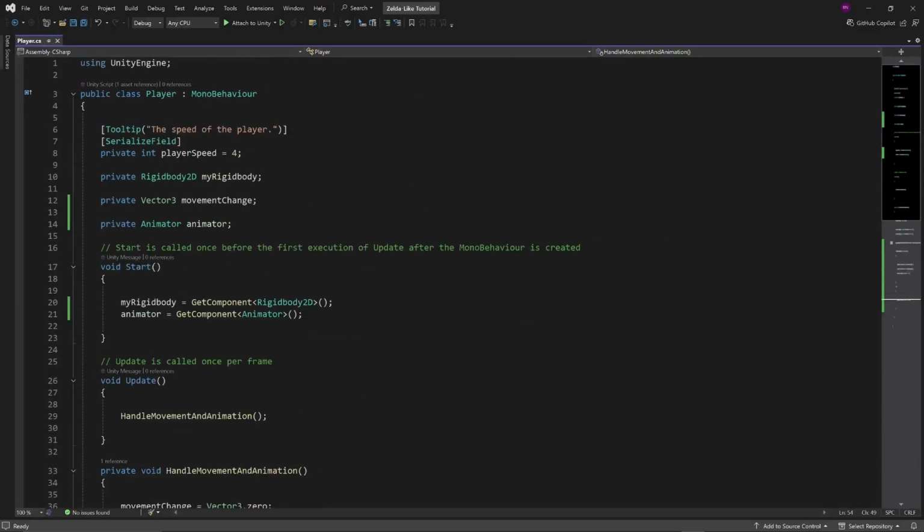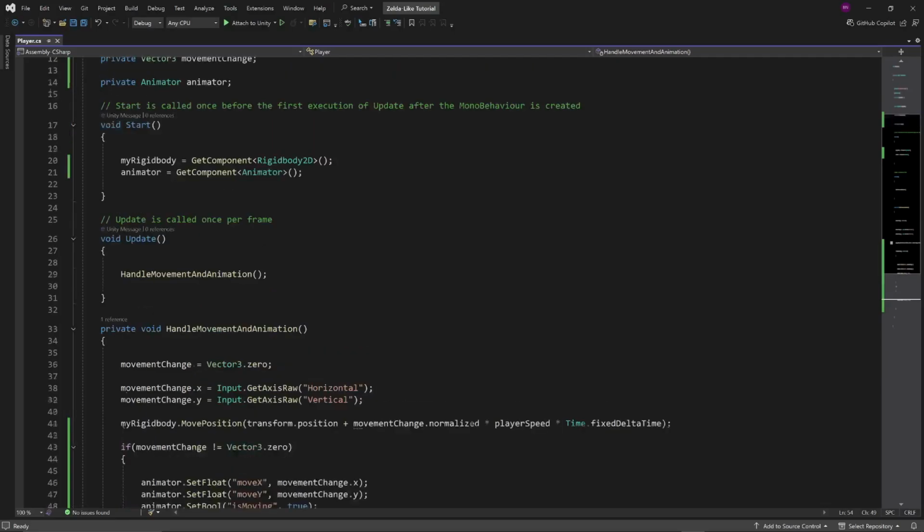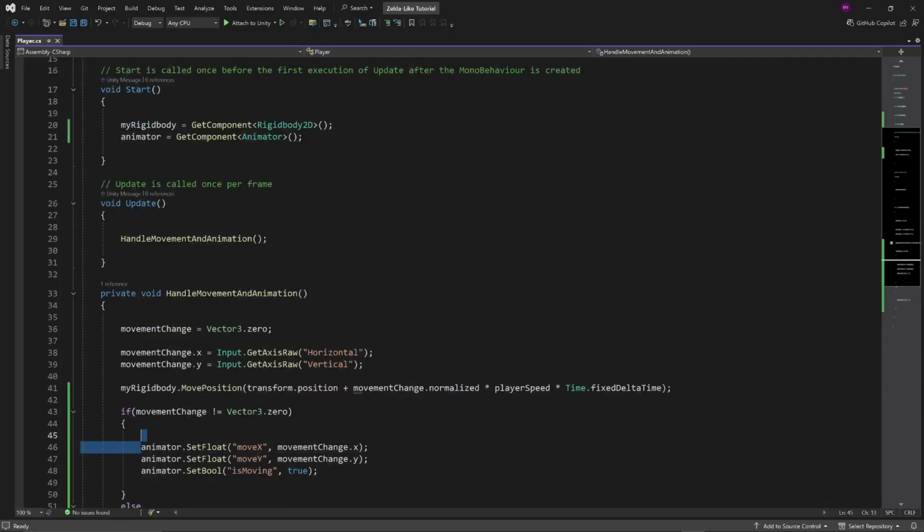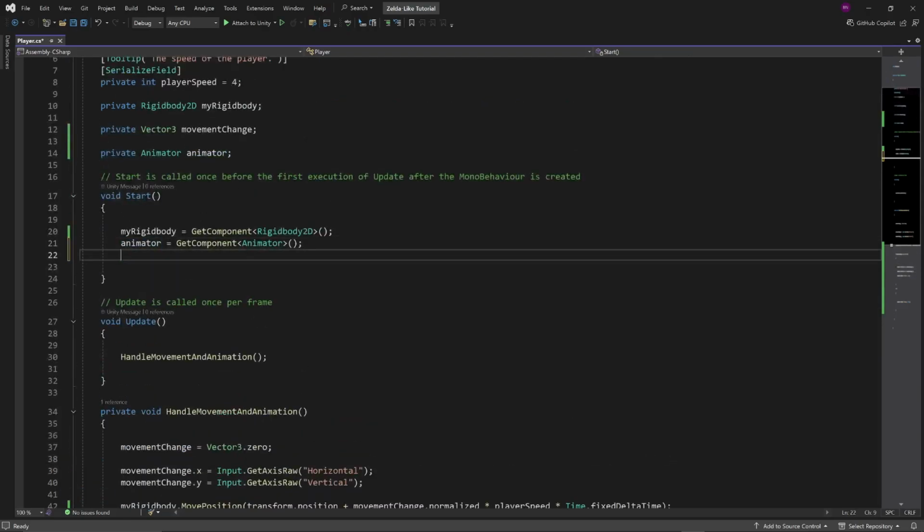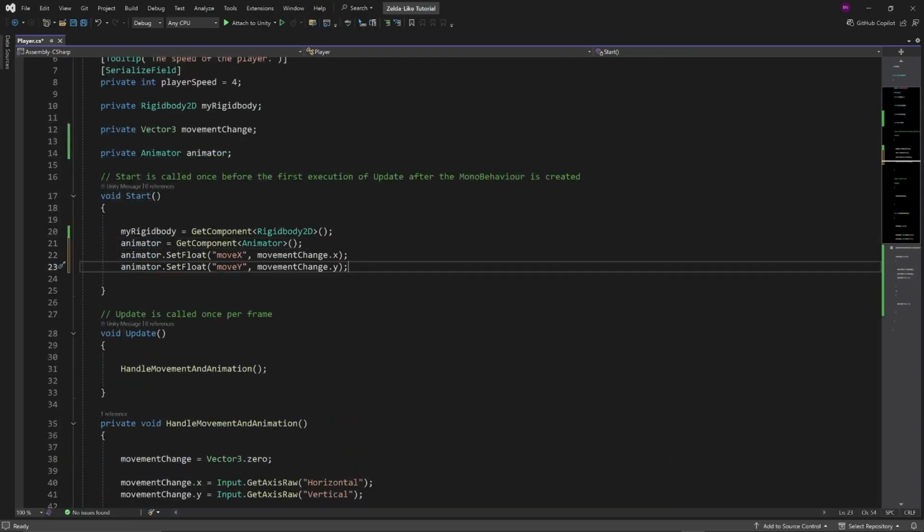One other thing that I like to do up in start is I like to take these two things and copy them and go up to start, paste them, and instead of movement change dot X, I do 0, and instead of movement change dot Y, I do -1. And the reason why I do that is because